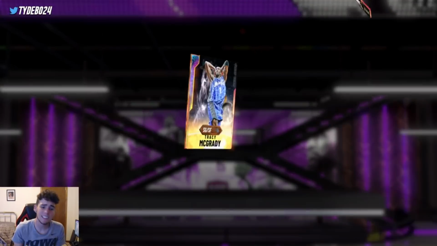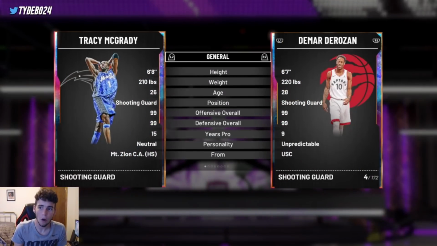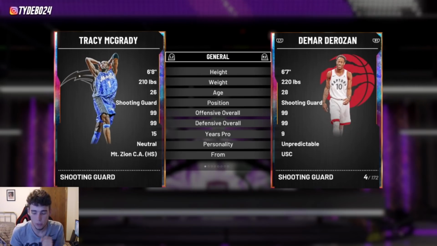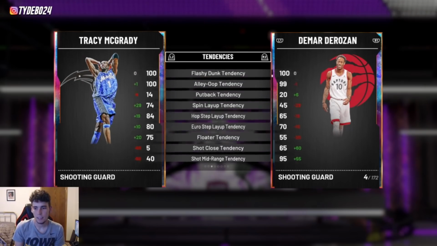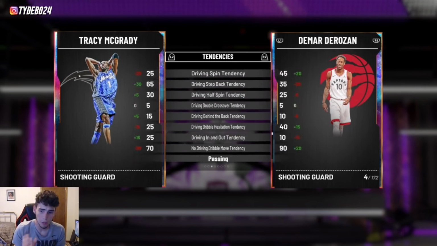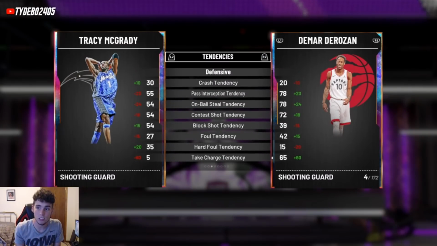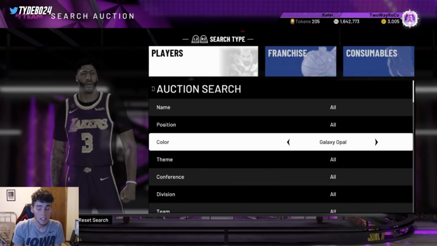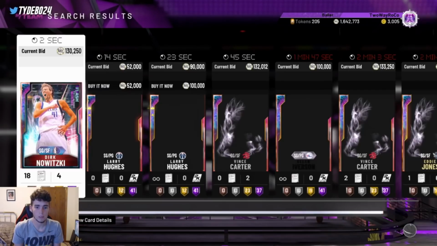Alright y'all, that is going to wrap it up for the video today on the on-ball steal tendency. As you guys can see, a lot of people compare these two, and a lot of people are like, Tracy McGrady is 1 inch taller. But here's the thing. These cards are super similar, but I might give the edge on the defensive end to DeMar DeRozan because of the on-ball steal tendency, and just because his 78 rating seems a little different. He seems to have one of the most aggressive